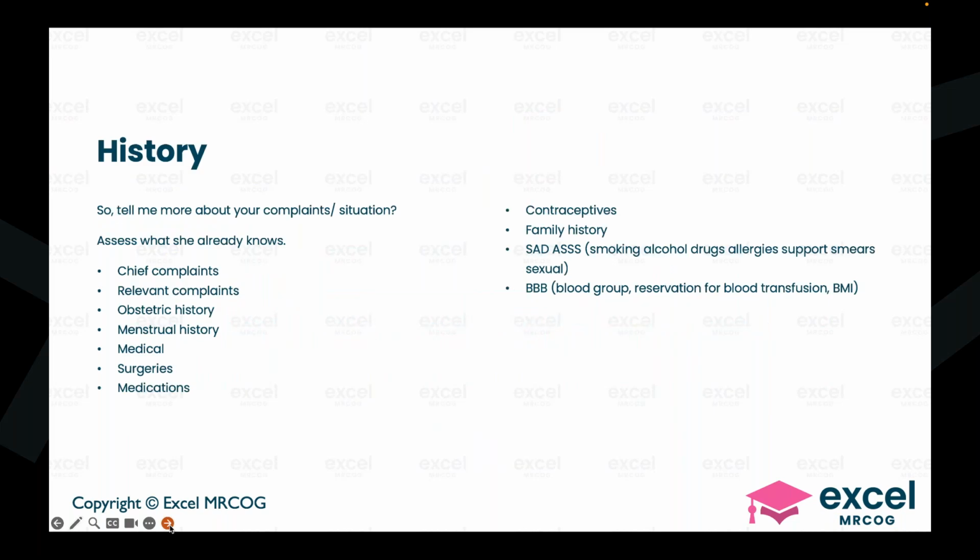Okay, so your history basically will be: tell me more about your complaints and situation. Assess what she already knows. Background knowledge of the patient is important. Say the patient has come to you to discuss a Down screening report. Now you have to describe what Down screening is. You have to tell her what Down syndrome is, and what the options are, all